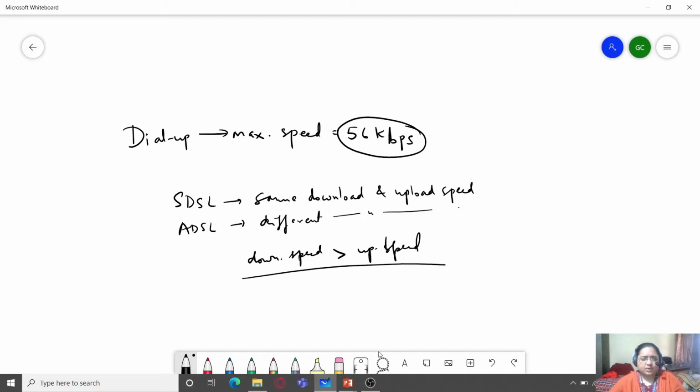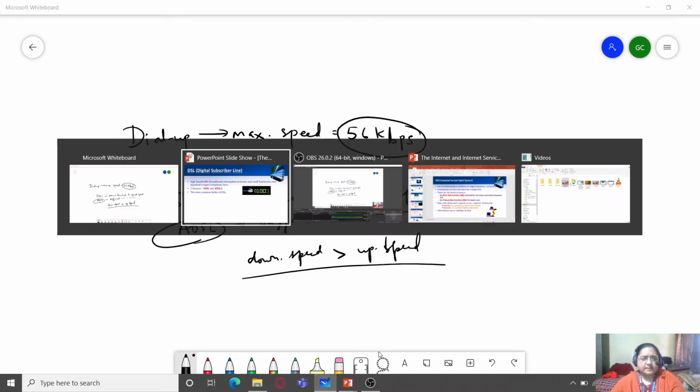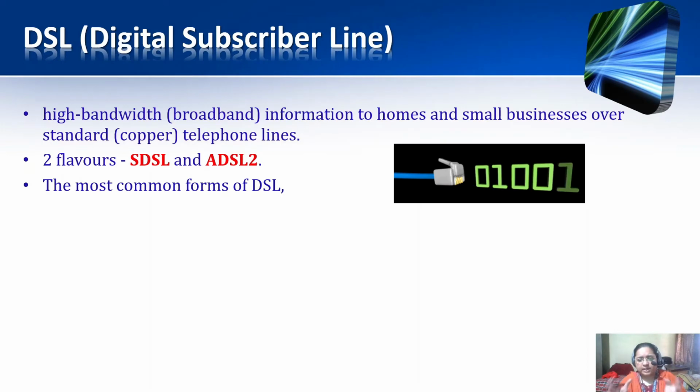This is because normally it is considered that people would be downloading more than they would upload data. Unless you are a very passionate YouTuber, you are going to perform more downloads than uploads. So ADSL is asymmetric, and that is the most favored and the most popular type of DSL connection.